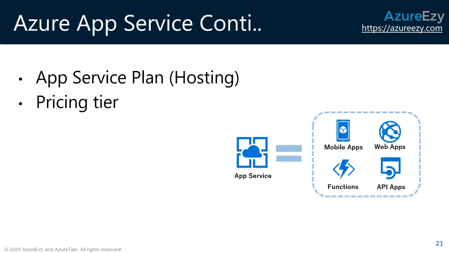Pricing tier, again, just like any other service, when you create an app service, you have to select the pricing tier, and that pricing tier will be different for different resources. When you create an app service plan, you will select how much CPU, how much RAM. It will be possible with this pricing. Based on your pricing, you will be charged for that. And again, it is a pay as you go model. As long as you are using it, you are being charged. The moment you delete your service, you will not be charged. You don't have to have any upfront cost, or a monthly cycle or something